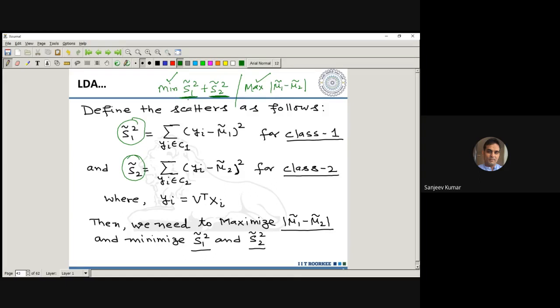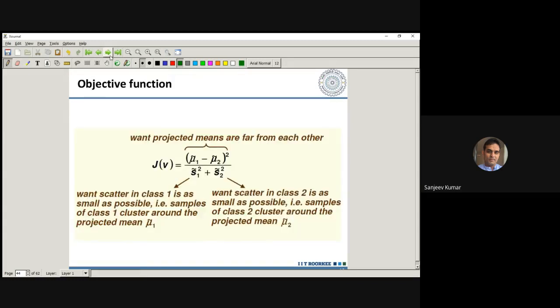If I have to minimize this, and you know that it is a non-zero quantity, it cannot be zero, so I can write maximize 1 upon it. If you want to minimize a non-zero x, it means you have to maximize 1 by x, yes or no? So you maximize this, and then you can combine it. Your objective function will become like this. So you will find such a line V which maximizes this particular thing.